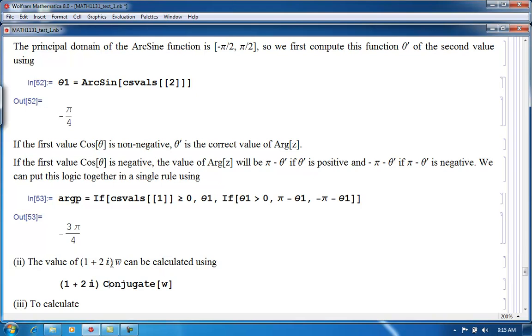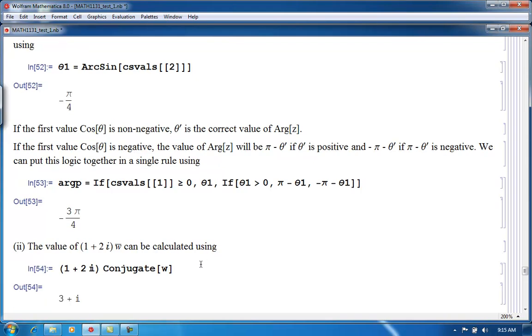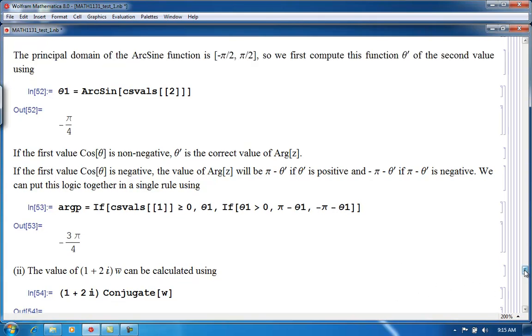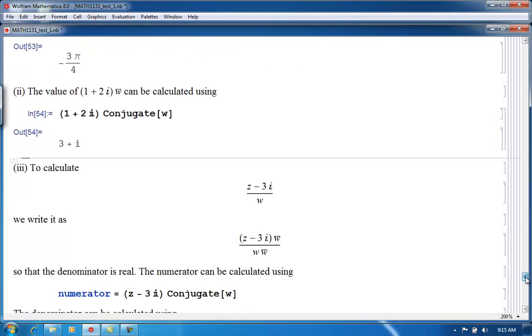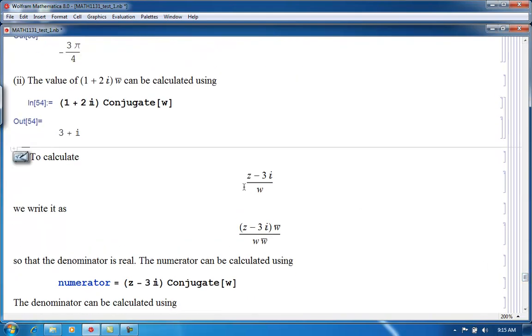Well, Mathematica has a function called the conjugate function, which operates on the complex number w, so we just multiply that by the conjugate, and the answer is 3 plus i. We could have done that the hard way, but it's only... And now, to calculate this guy,